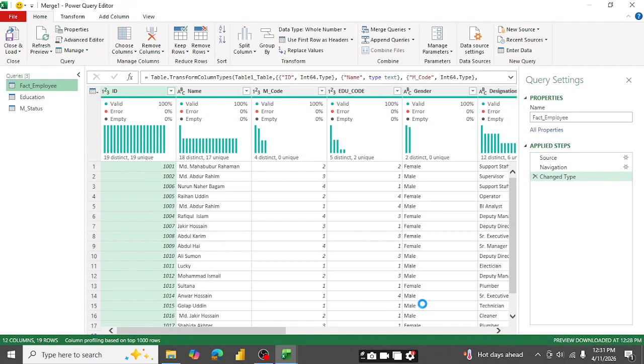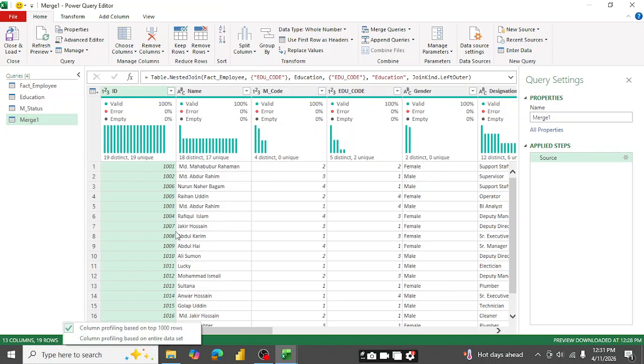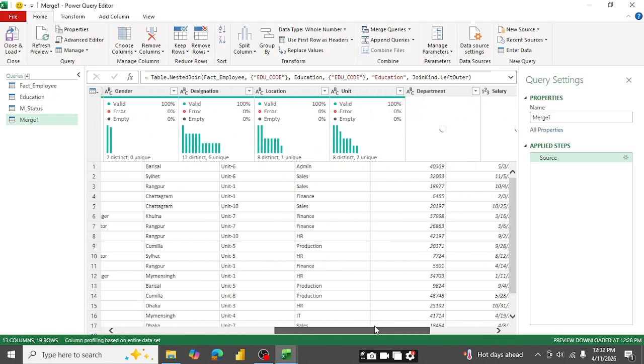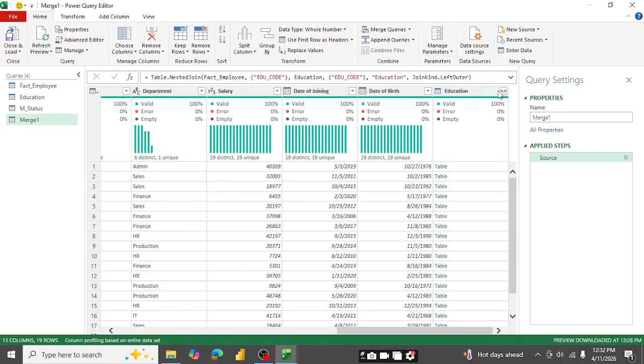Press OK, and you will see the information has been loaded over here. As I have already told you, we are going to work on the entire data set. So instead of column profiling based on top 1000 rows, we have to select the column profiling based on the entire data set. Okay, so entire data has been loaded over here, and here what we are going to select is education